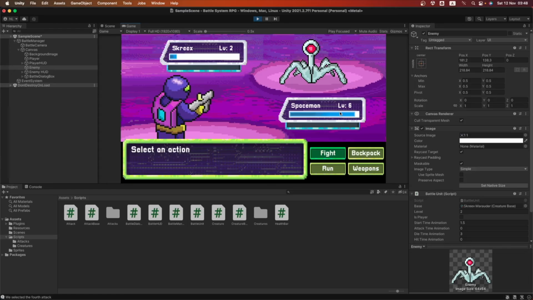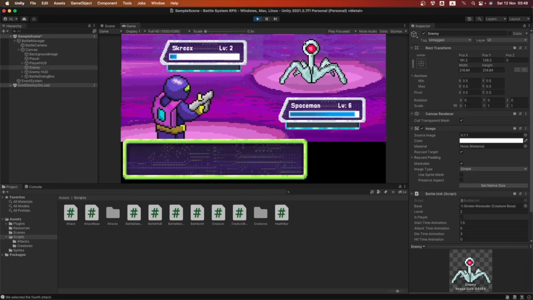As you saw, our attacks were very ineffective against the enemy before in the first try because we were of a much lower level than the enemy. But now I used the same attacks I was using, and as you saw, these are way more effective against that enemy. And that math is going to go scaling up as you go leveling inside the game. So that's the power of building this type of system in the way that we built it.